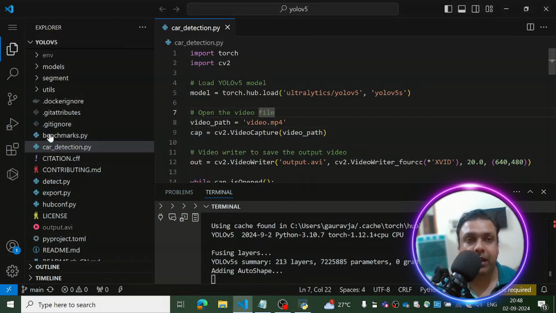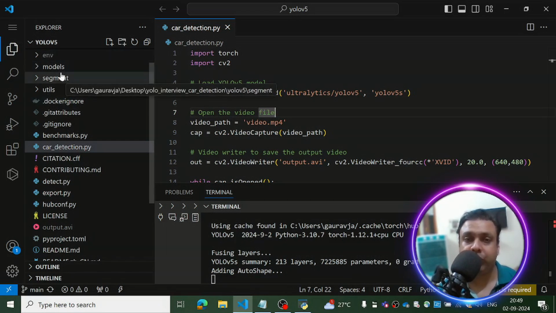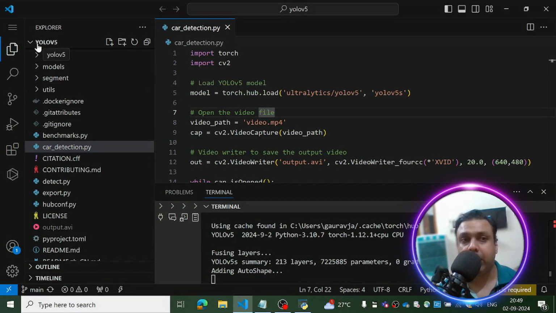So as you can see, what I did is I downloaded the YOLO V5 weights and relevant things on my device first. There is a GitHub link which I will be providing to you, through which you can download the complete YOLO V5 folder.